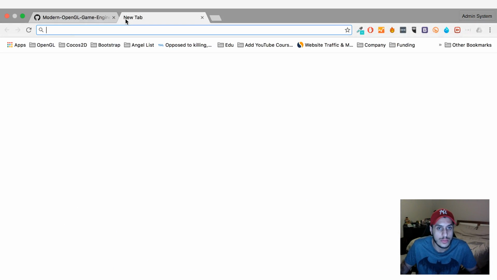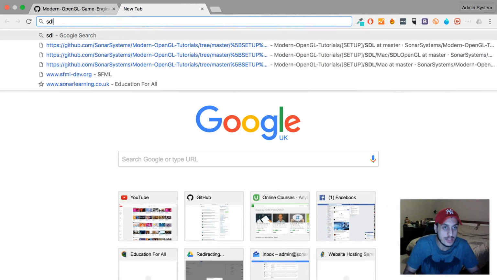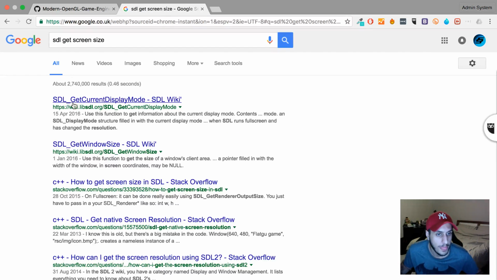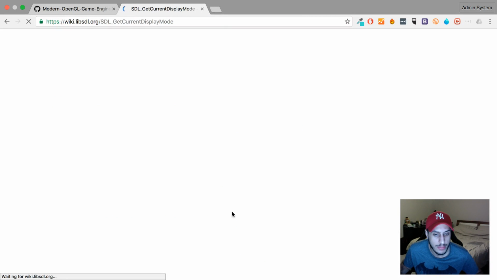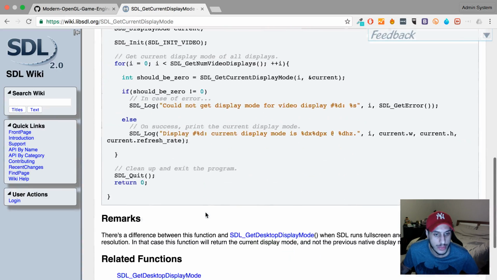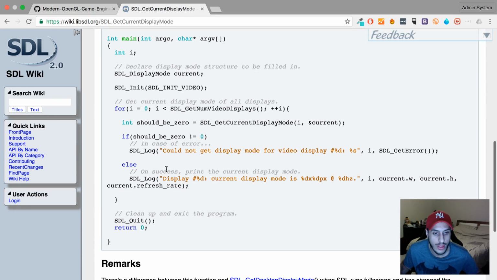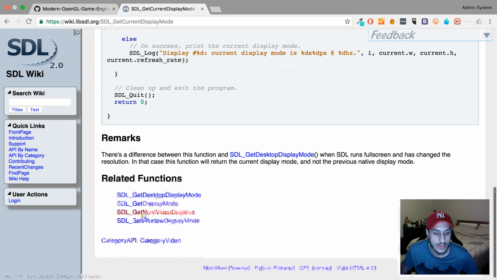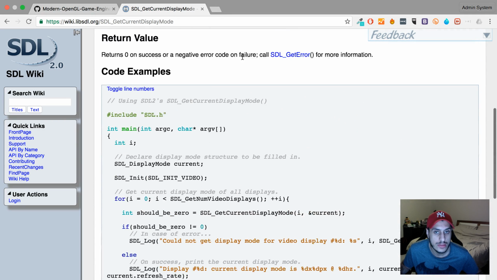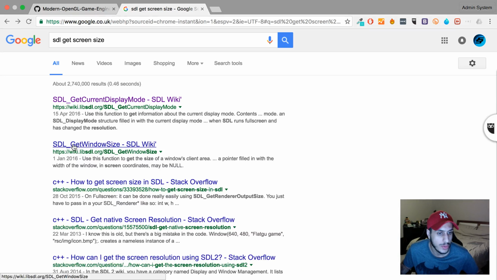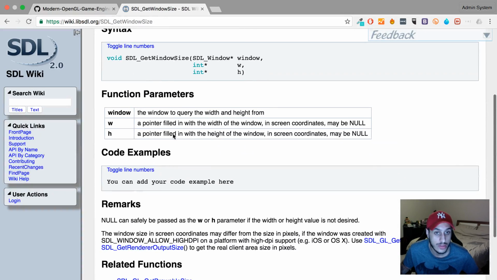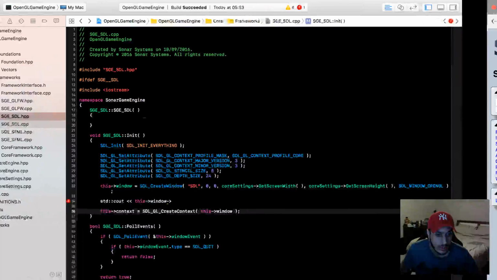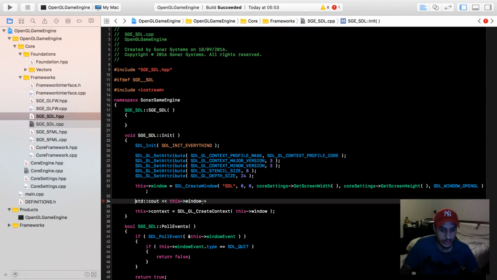If I go SDL get screen size, current display mode, that could be potentially what we want. Where is it? Get the number of current displays. Is that what I want? What was that other one? There was one called get window size. Could that be what I want? Looks like I could just do